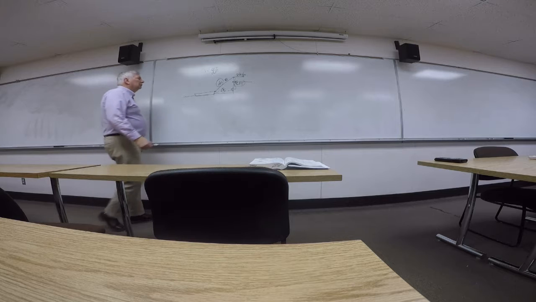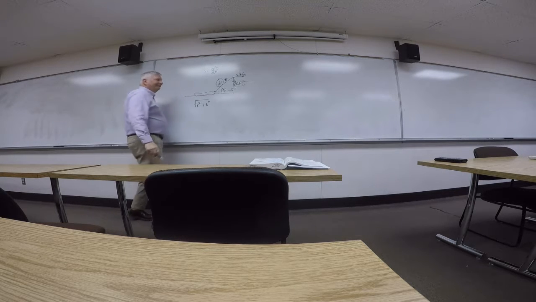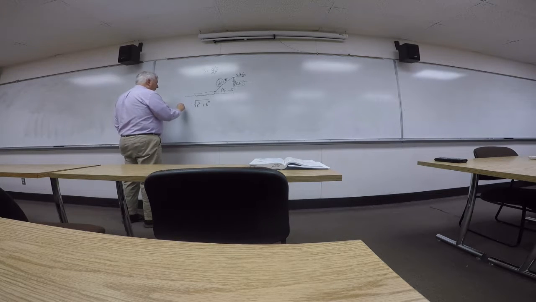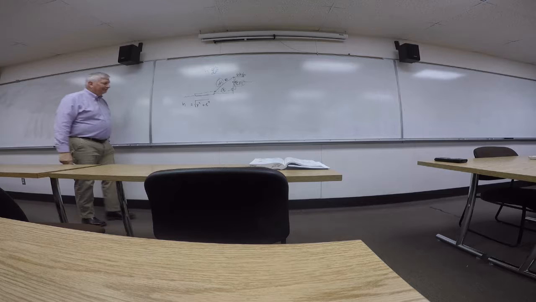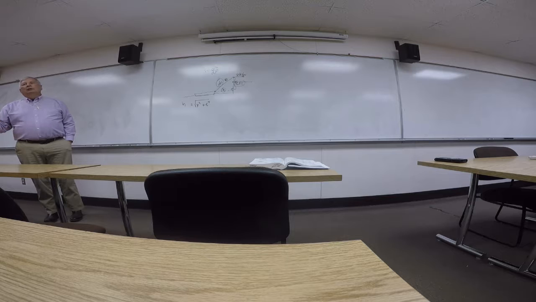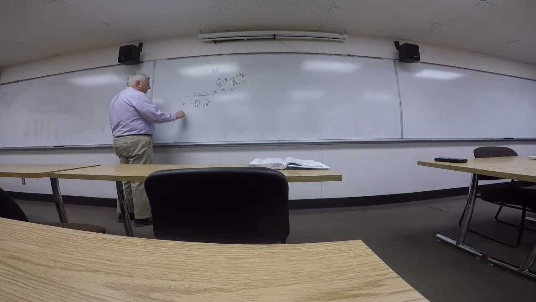Namely, the square root of x squared plus 6 squared is equal to the hypotenuse. So now if I take the derivative of this with respect to time, I get dh/dt,